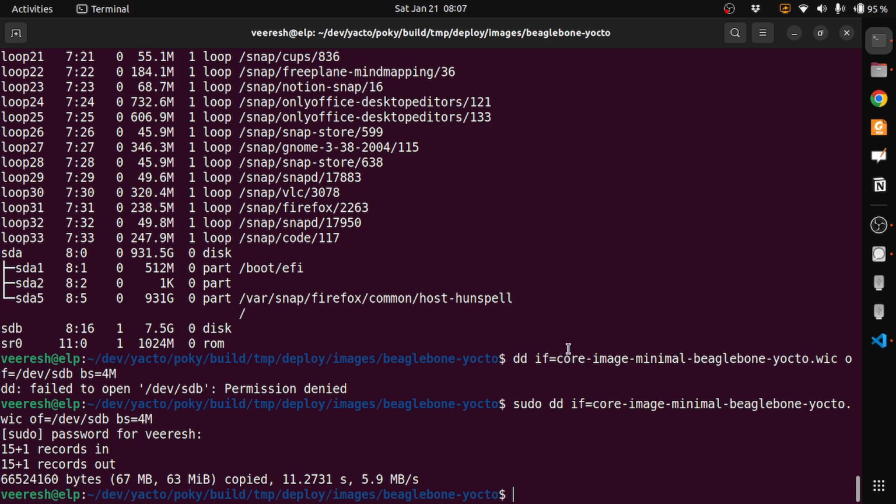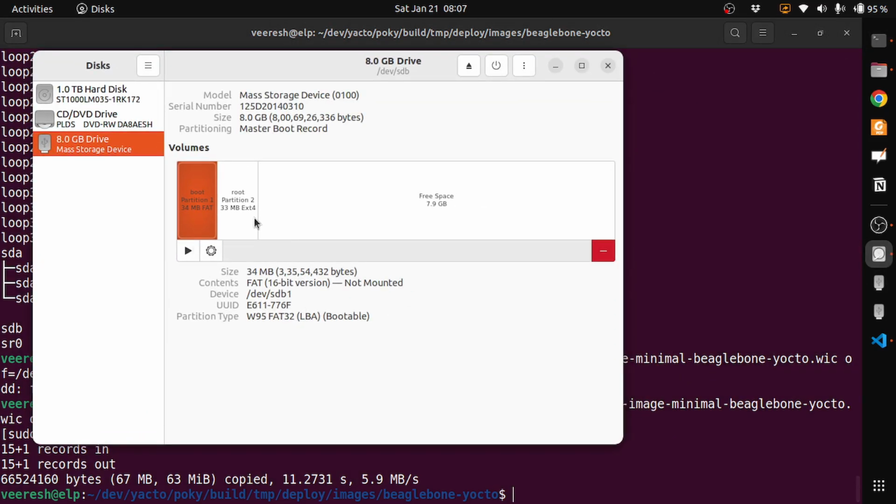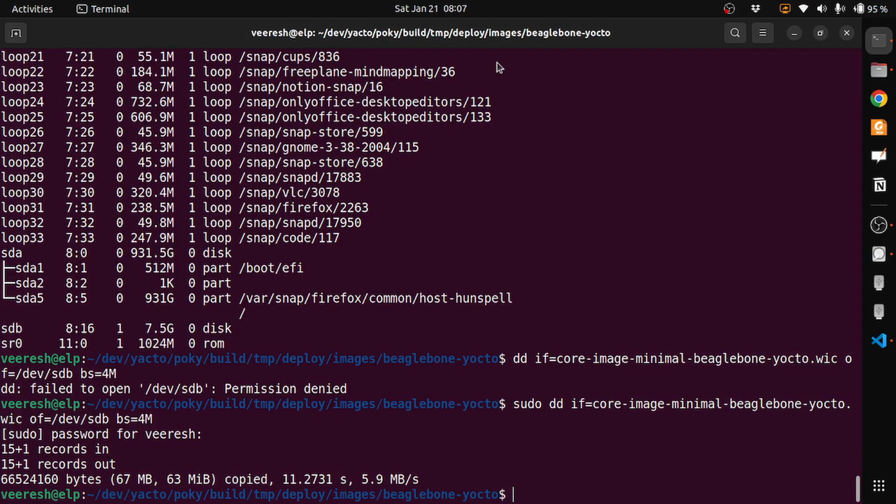Okay, so it is copied, and if you see the disk space in the 8 GB drive, you can see that the boot partition is created, the root partition is created, and we have the Linux image ready to be flashed into the